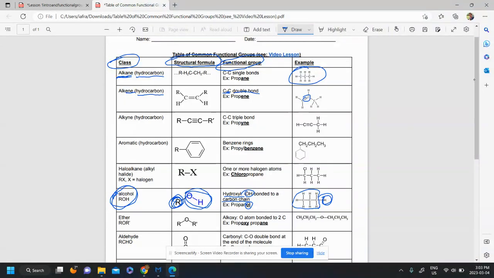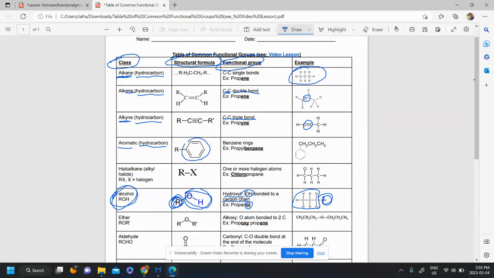If you have carbon-hydrogen only, and then you have a triple bond in there, so that functional group triple bond, that makes you an alkyne. You're still a hydrocarbon. Hydrocarbon basically means you're only hydrogen and carbon, but with the triple bond, you're called an alkyne. And then you'll notice that some families that are hydrocarbons still are called aromatic, and those families would essentially